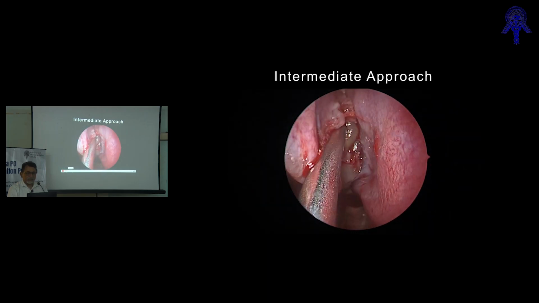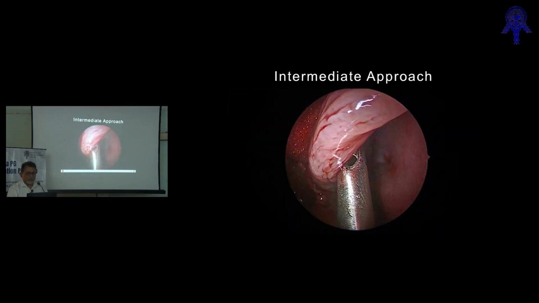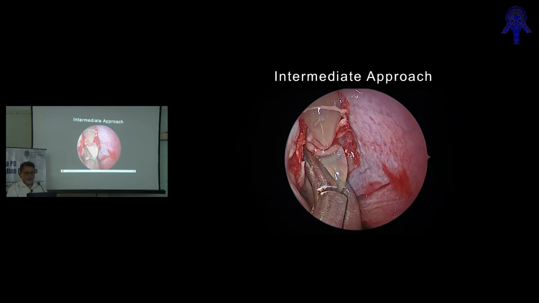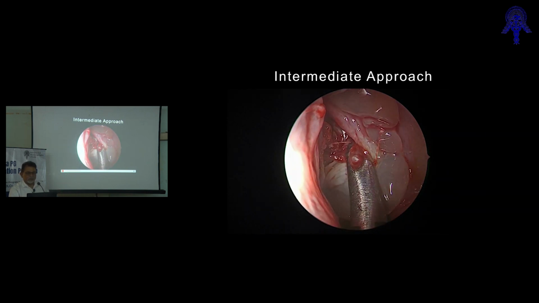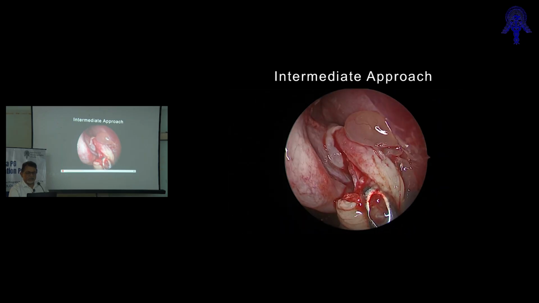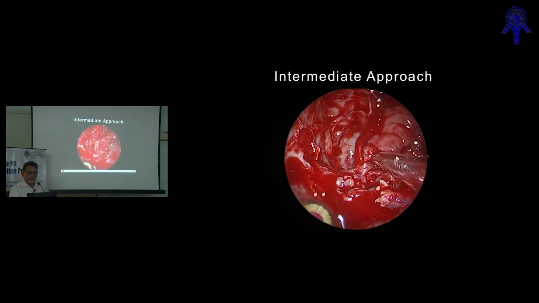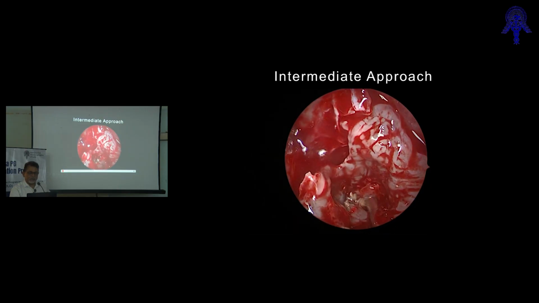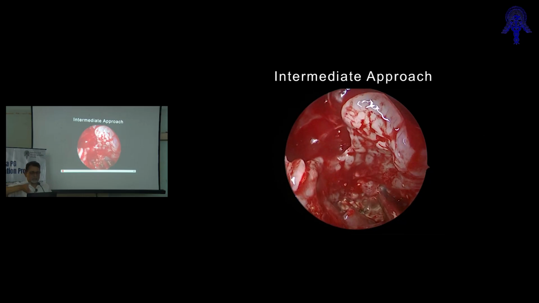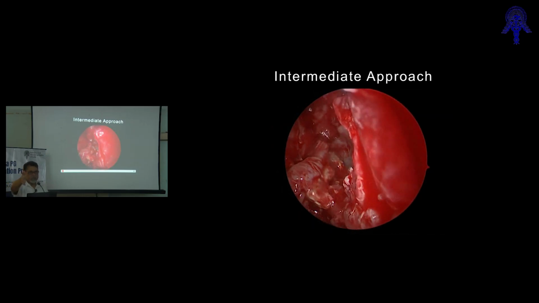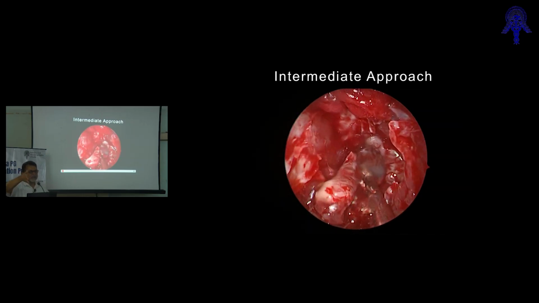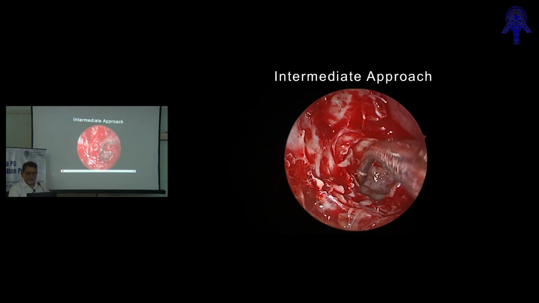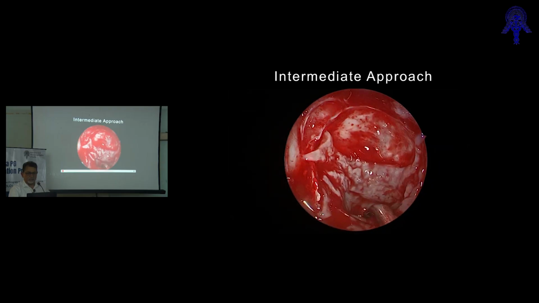And this is intermediate. This is the sphenoethmoidal recess. You remove the polyp. Polyp may not be here all the time, so you have to come from this side. This is the medial side. This is the lateral. This is the septum. And from the ethmoidectomy cavity, this is the middle turbinate, and through the middle turbinate you make a slit and go again into the sphenoethmoidal recess to identify the natural ostium, as you would see here, and from there you would go into the